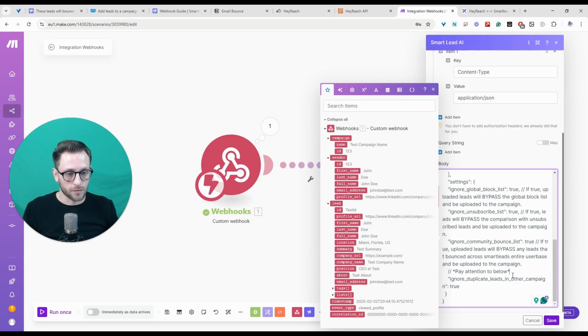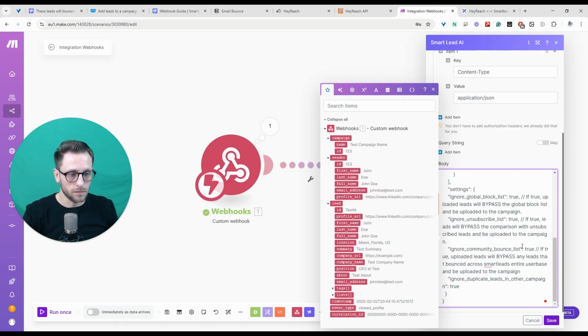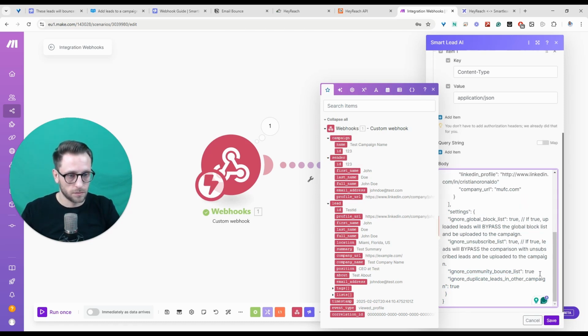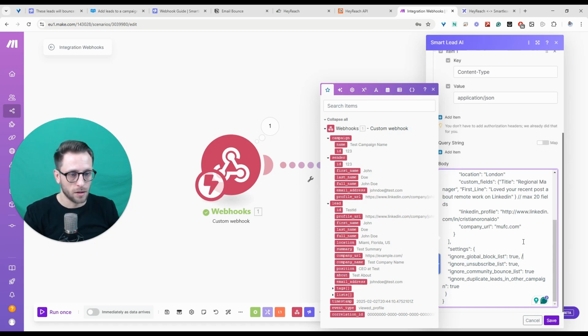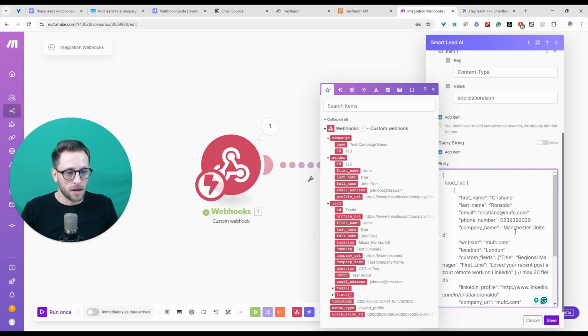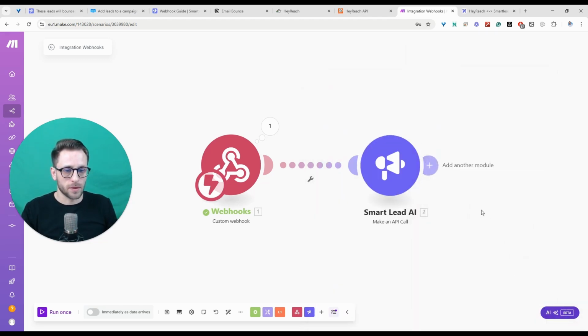So we need to delete everything, all the explanations with those slashes or double slashes, whichever they are. So these are configuration, like when we're uploading leads into Smartlead, we were asked, we have those toggle switches to, should Smartlead ignore global block list or other campaigns, etc., etc. So just as a proof that sometimes you're doing everything right, but documentation is not right, if we save this,